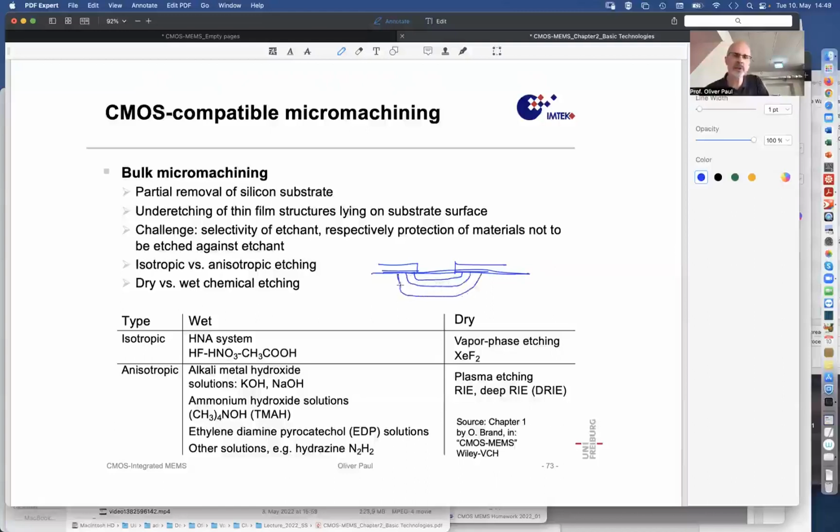Actually, this should be rounder, semi or partially circular, so that the etch speed in all directions is similar, a bit like Huygens principle of optics, where optical waves propagate in all directions with the same likelihood, and so this would be called isotropic,